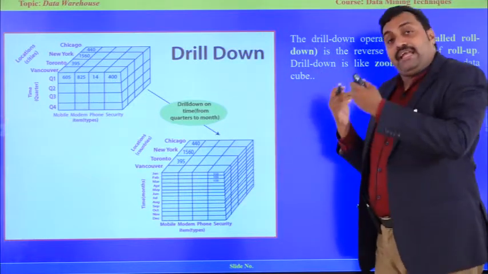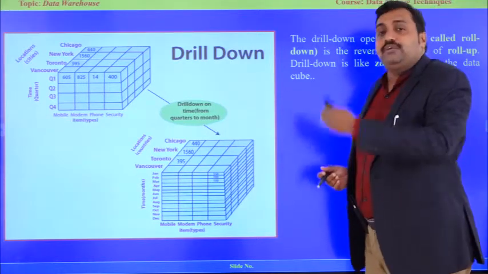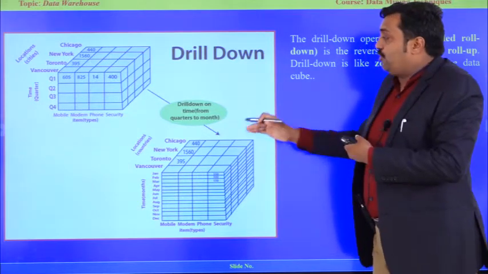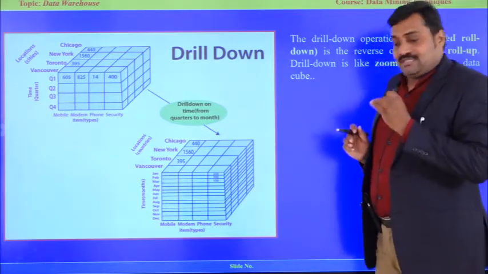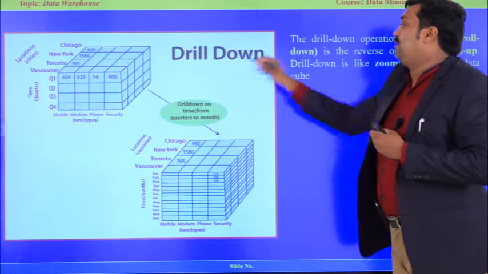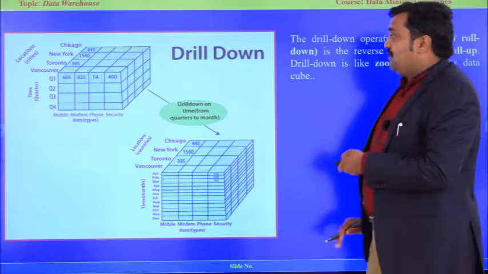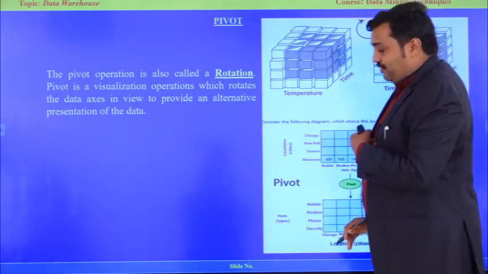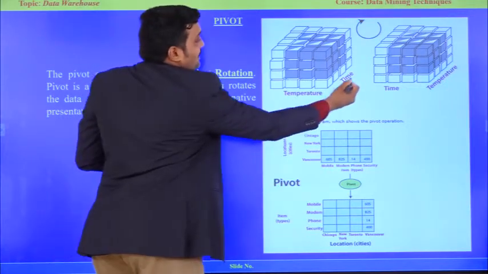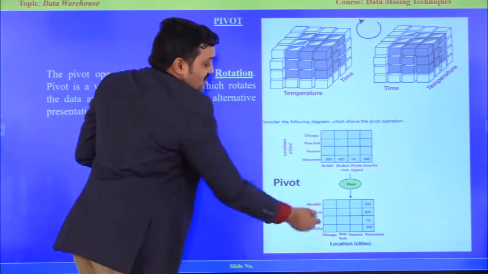Again, within the month we can also drill down, like week-wise or week to day-wise. So to know the sales information of the particular operations, we perform all these operations: slice, dice, roll up, roll down, or drill down. That means jumping from top to bottom. The last one is pivot. That means swapping of rows and columns. We are getting the time, like temperature and time. I can make a time versus temperature or temperature versus time. We are going to change.